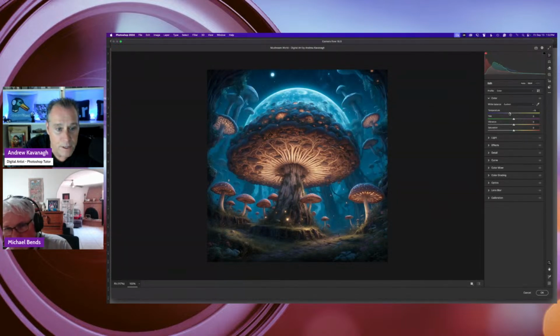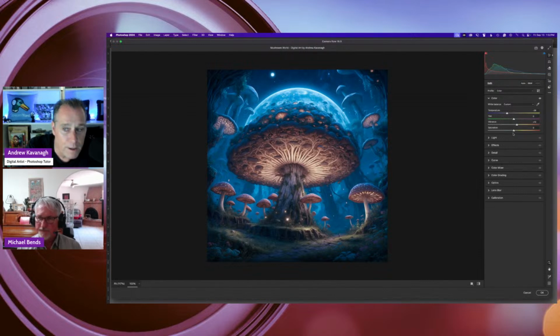If I go left, it'll add more blue punch to the background. And I've noticed if I go to the vibrance slider to the right, that'll make the blue even more pronounced, whereas the yellow of the mushroom itself is kind of overlooked. But if I go to saturation and move that to the right, that will bump up the yellows and the oranges a bit. I don't want to overdo it or else it gets kind of neon, but just a little bit of a punch to give it. Maybe bump up the vibrance as well.